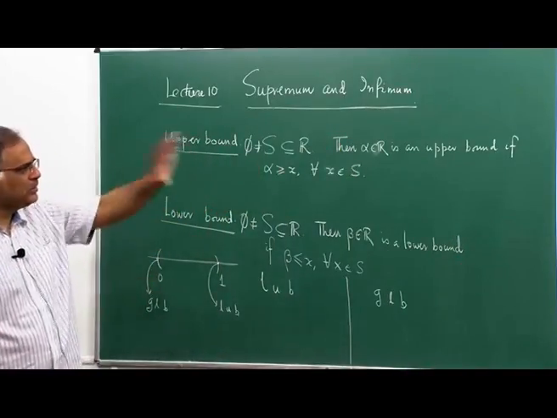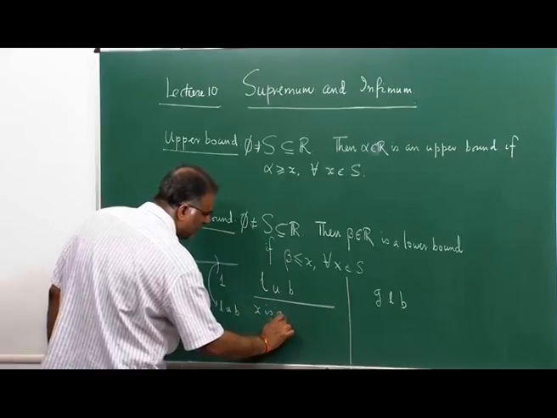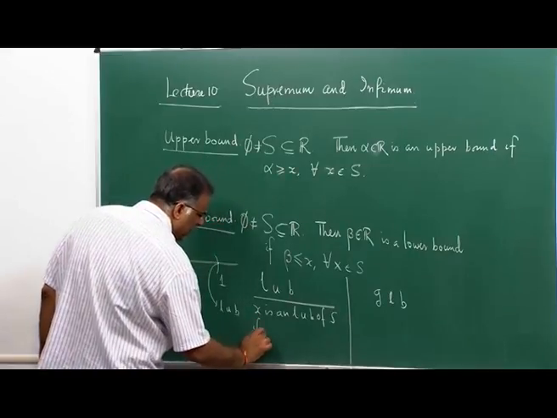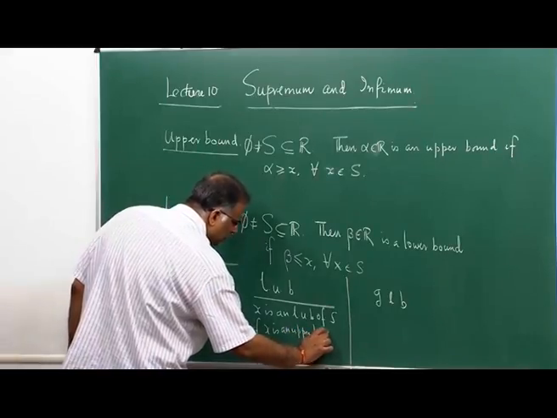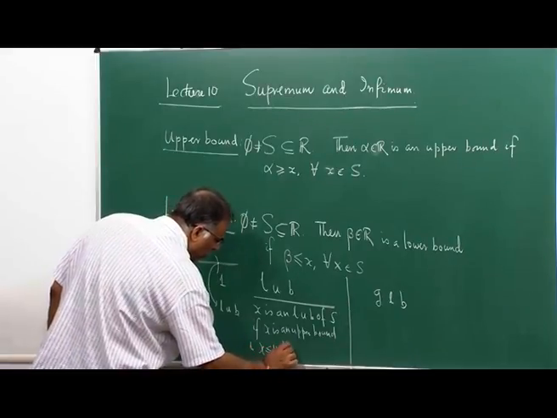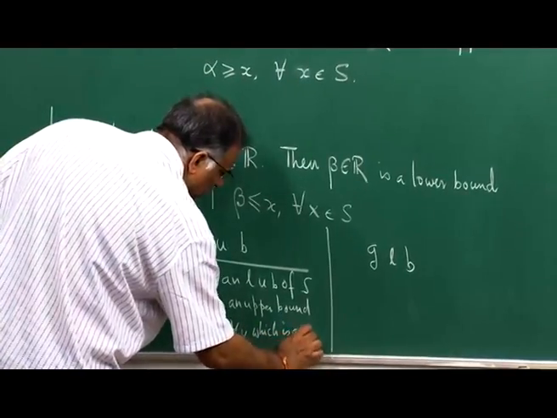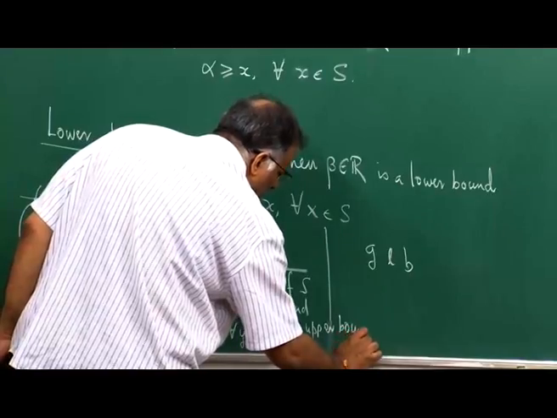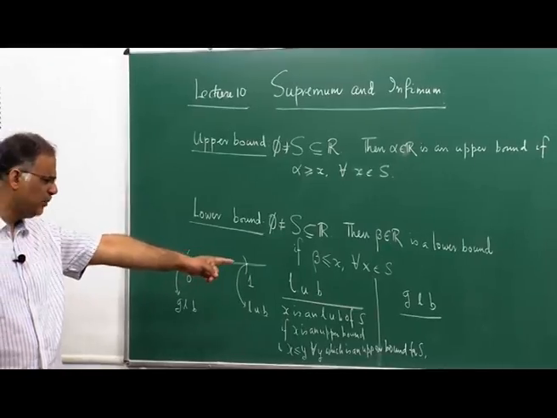So, this is what happens, and of course, I am not going to define this. This simply means that X is an LUB of S if X is an upper bound and X is less than or equal to Y for all Y which is an upper bound for S. So, I will expect that the students can write down the definition of GLB, which will simply say